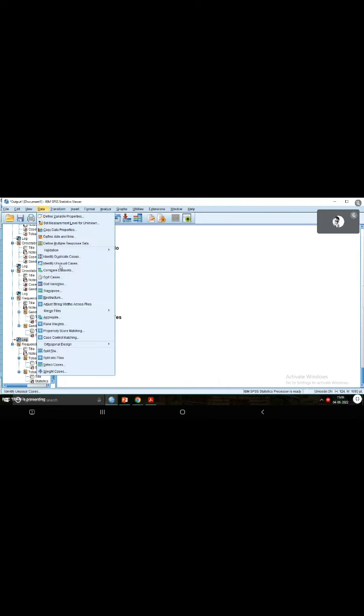Okay. Now, one thing you should remember is whenever you're using a split file option, once your work is done, you should remember to go back to that option, split file, and reset it. You should always remember to do this because whatever analysis or data summary you generate will be separately given for tobacco chewing, which we don't want. Reset it always and click OK. Make sure that the split file is off.